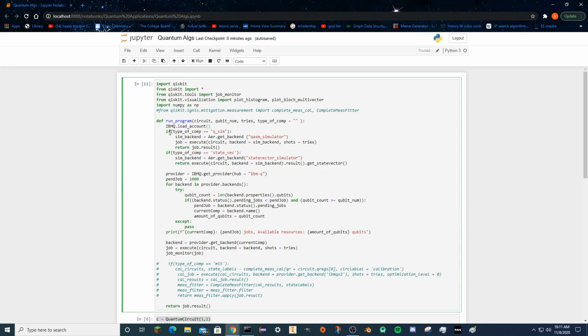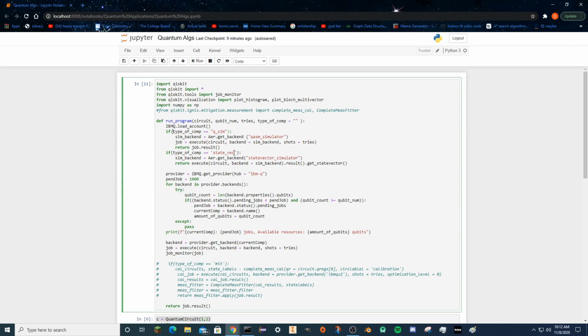Once you've loaded your account, here we have certain if statements. You can also do switch case. Once I get some more conditions, I'll probably just turn this into a switch case. But for now, this is fine. Basically, we have the qsim option, and this part just tells the backend to use the qasm simulator and then execute our job, and then it's going to return the job.result. So it returns a result. That's great. Next, if we want a state vector, if you want to look at that plot_bloch_multivector state of the qubit,